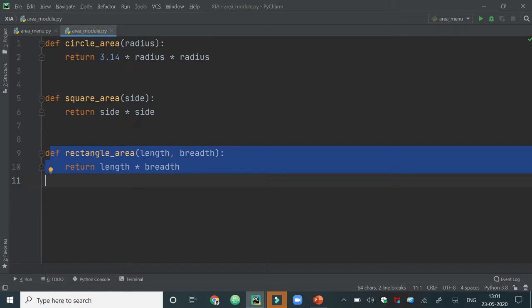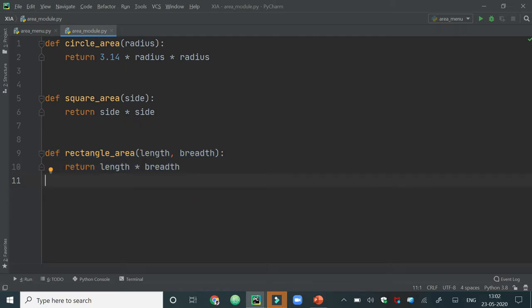So this is just a collection of functions here. It is a repository which can be reused in another program. The basic purpose of modules is to create a repertoire or repository where we can store generic functions, classes or objects which can be used in multiple places in an application.